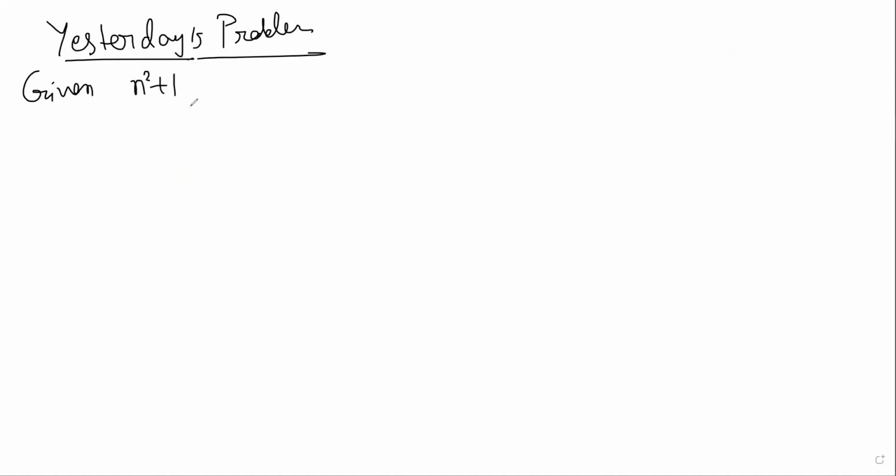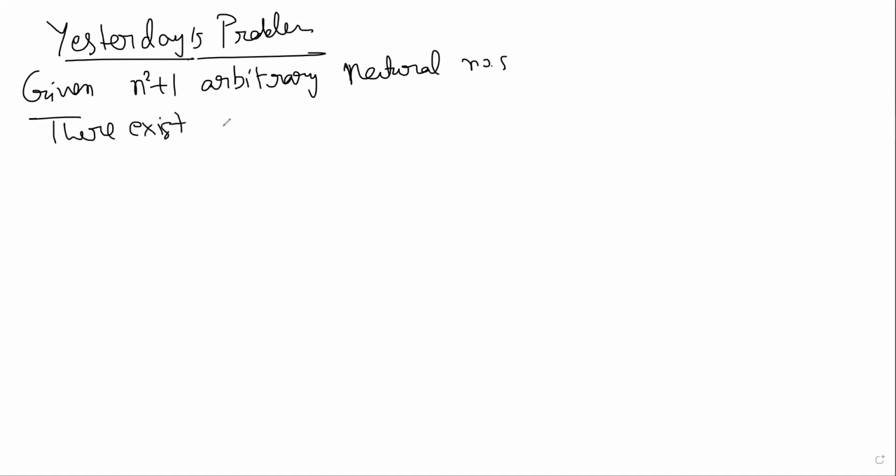Given n square plus 1 arbitrary natural numbers, we want to show that there exist either n plus 1 such that none divide the other,